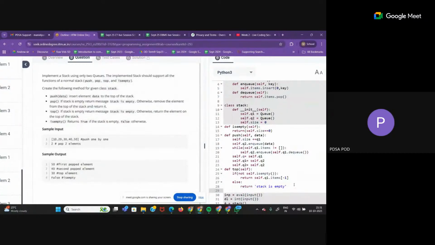So what is left now? Empty, push, top, all are done. Now we have to do the pop operation. The pop function is left. So def pop, this also doesn't take any separate parameter. This doesn't need to return anything, it just needs to dequeue or pop the top element of that stack. So again you check if stack is empty or not. So if not self.is_empty,